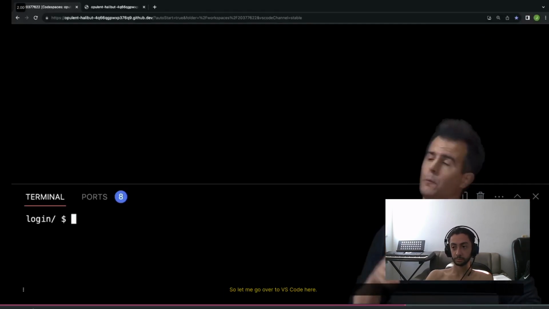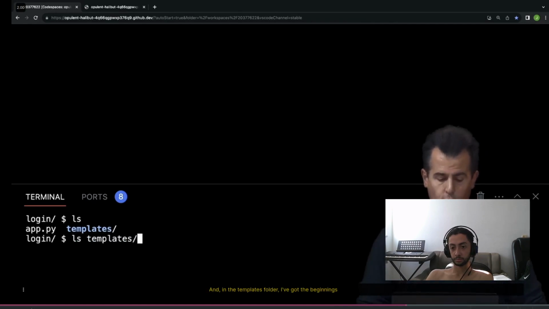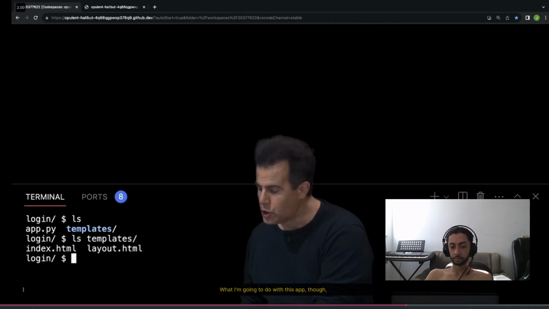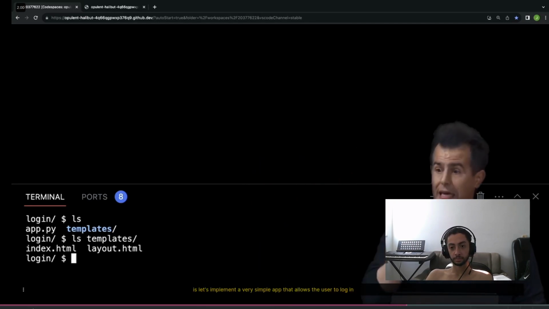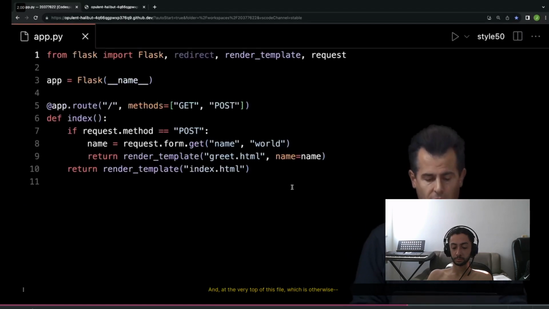So let me go over to VS Code here, and during the break, I created a new folder called login. If I type ls, I've got the beginnings of an app.py and a templates folder, and in the templates folder, I've got the beginnings of a layout.html and an index.html, just so I don't have to type quite as many characters to get started. What I'm going to do with this app, though, is implement a very simple app that allows the user to log in and demonstrates how a server can remember that you are in fact logged in. So let me open up app.py,